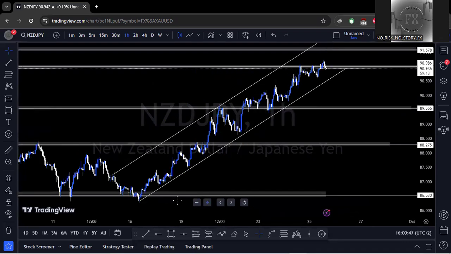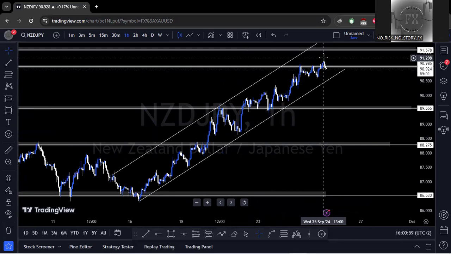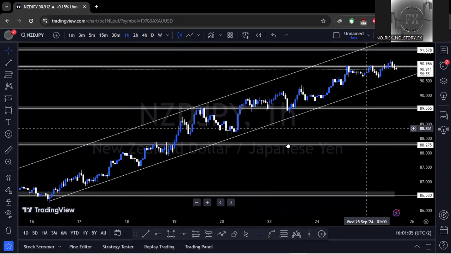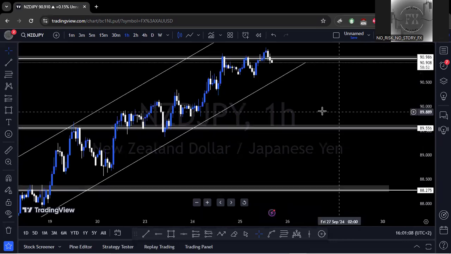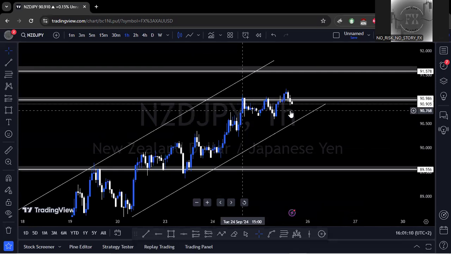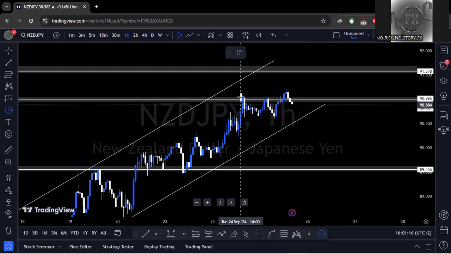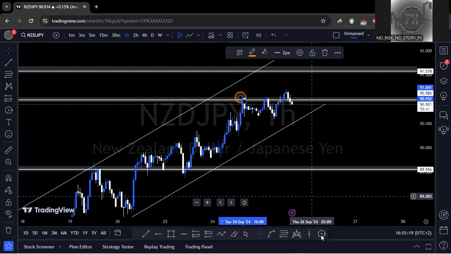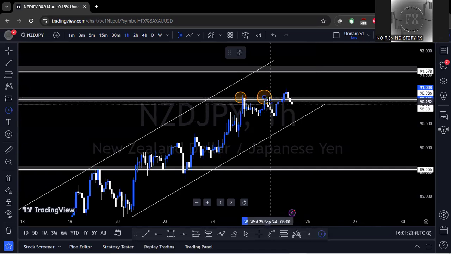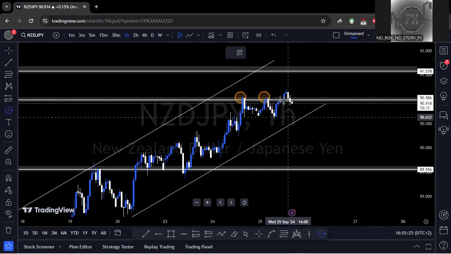So yeah, guys, as you can see here, we're in a bullish trend, right? We're making higher highs, higher lows, higher highs, higher lows. And here we can see that the market is currently rejecting around this zone here. Like we had this first touch, second touch, and this third touch,